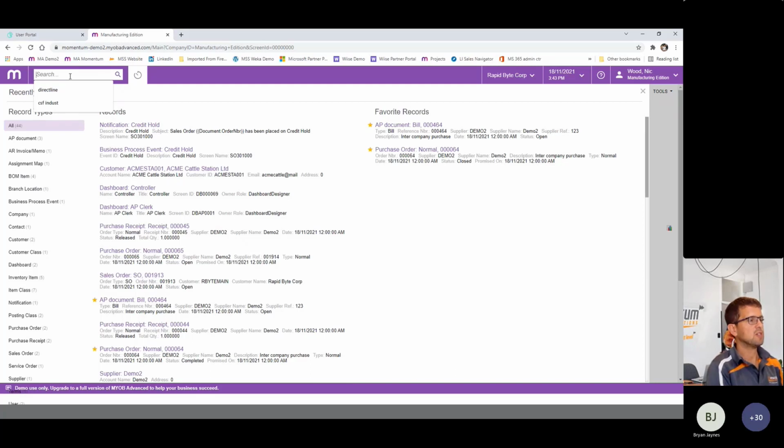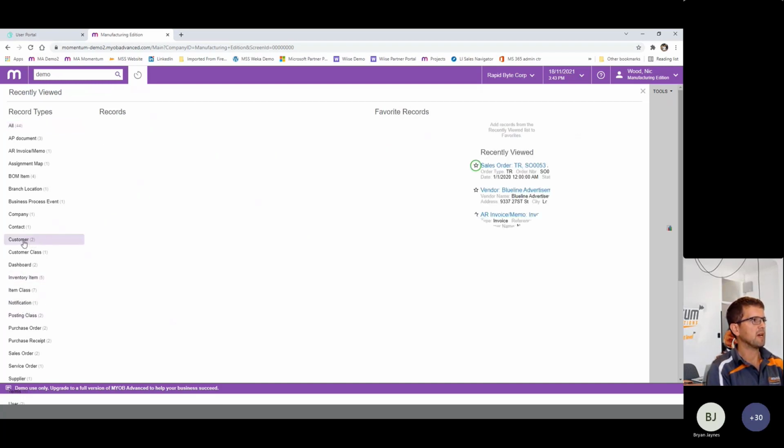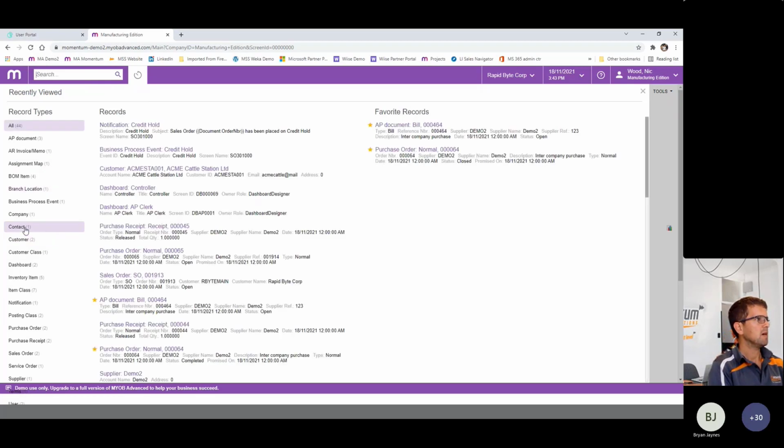And once you're in this screen, searching here will further filter down records in your history that include those terms. I've got the option here to filter by the various types of records. So if I'm looking specifically for a customer, click on customers there. AR documents.